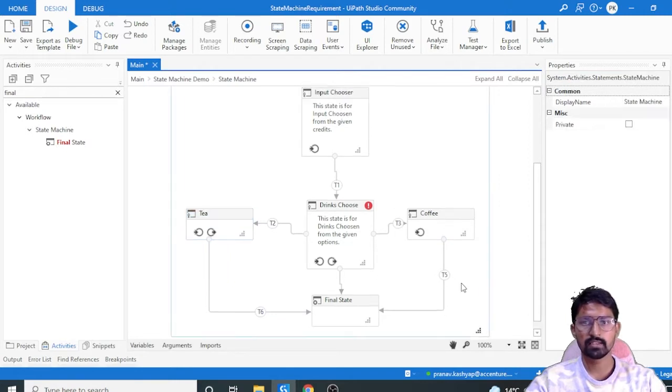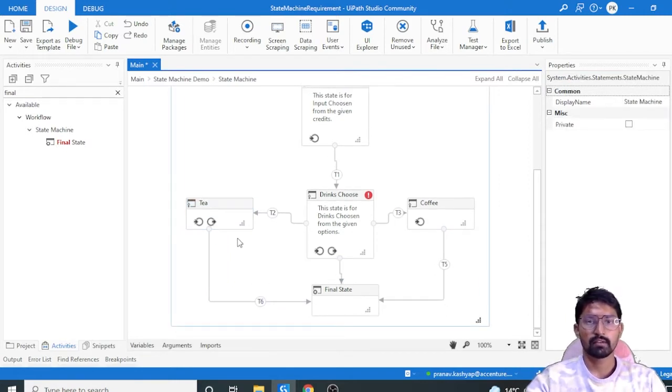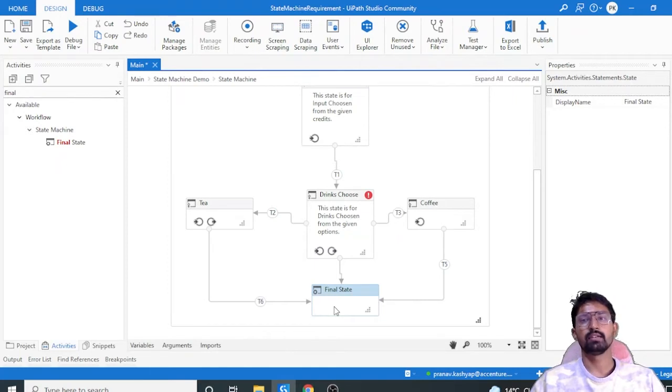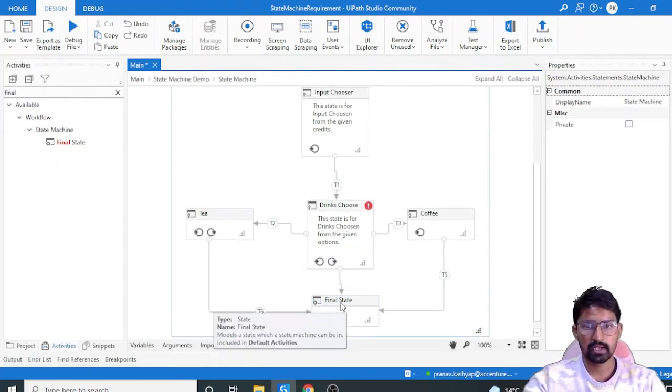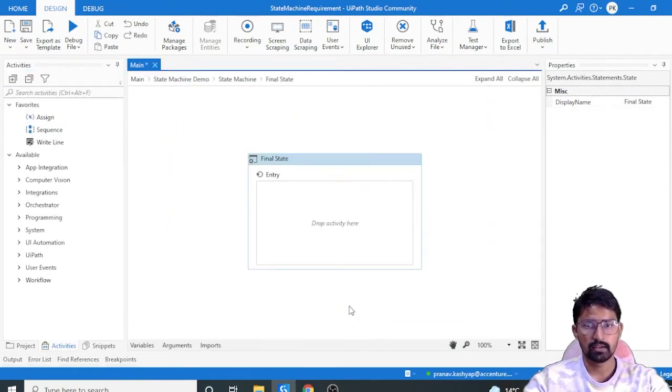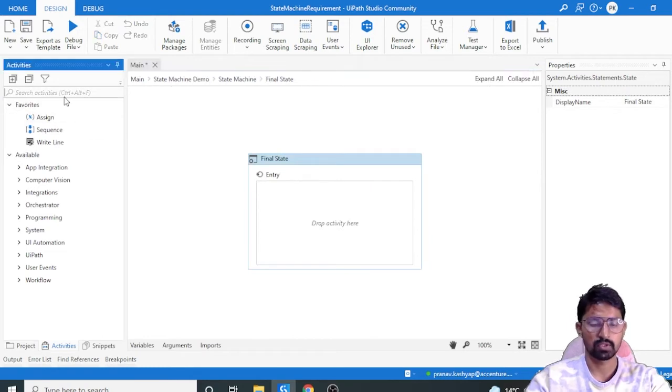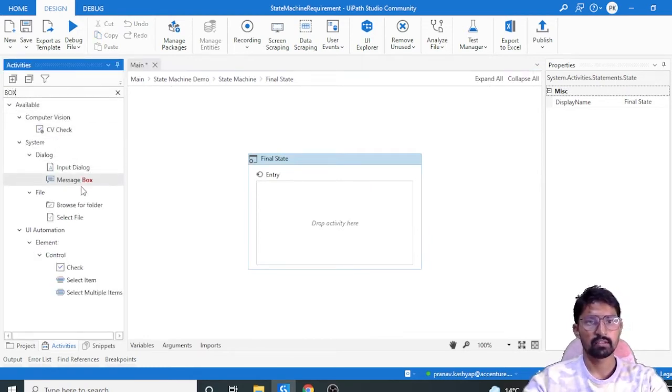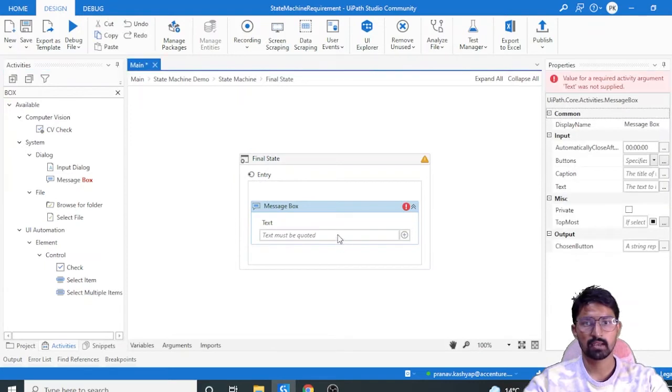So what these states will do: when the user chooses no in the message box, it will come to the final state, where it will show the user the final credit available in their account. So let's write it as final state, and in this final state we have to use a message box, and in this message box we have to write something like